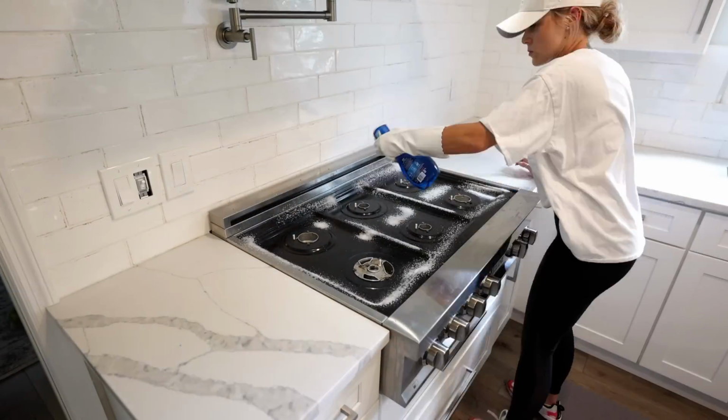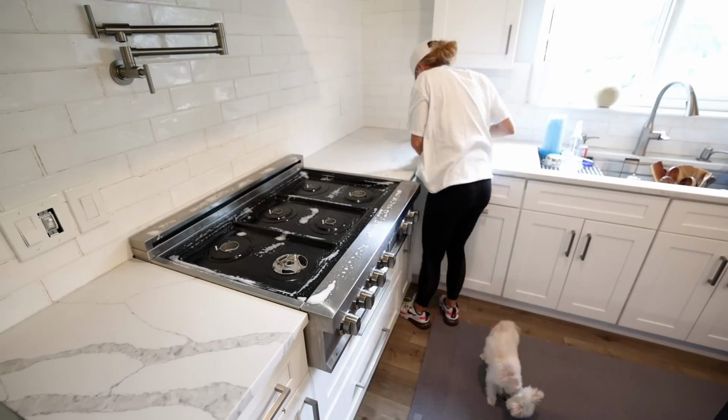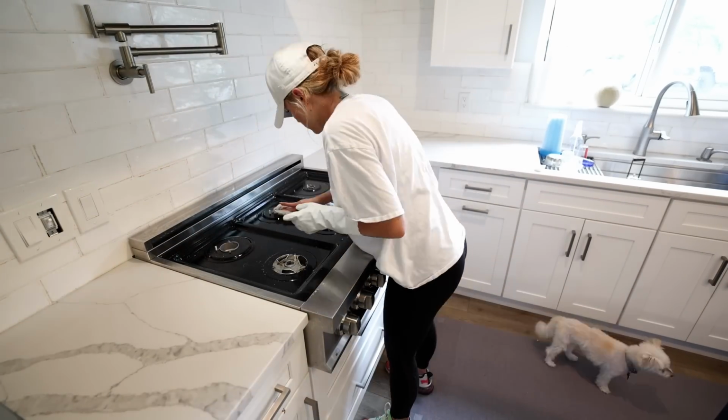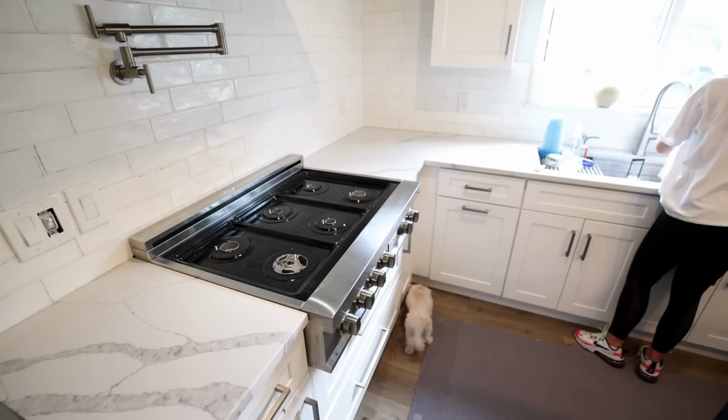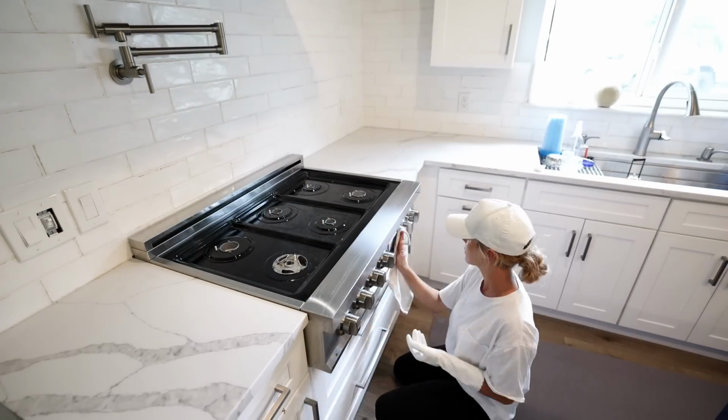I'm going to take all the parts and put them in the dishwasher, load that up, and start that load. I sprayed it with power wash, let it sit for a minute, and then I took a magic eraser and took that to the counter, got any marks or scuffs, and then I took that same rag and started to work on the stove and try to get all the nooks and crannies. Honestly, between Dawn dish soap, Dawn power wash, and Clean Freak, you should be able to cut through any grimy